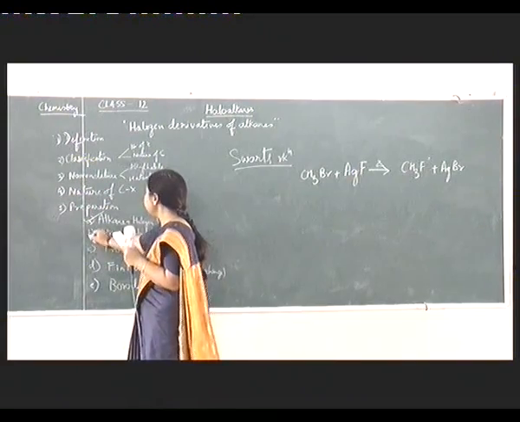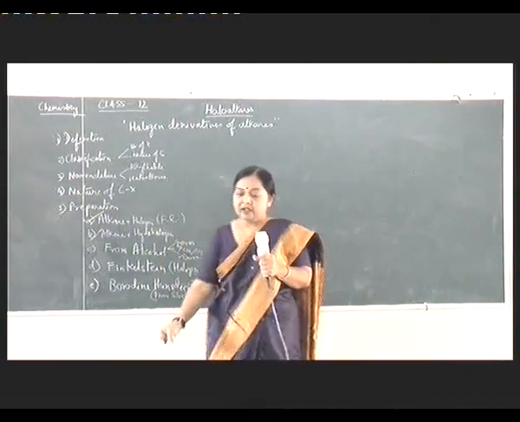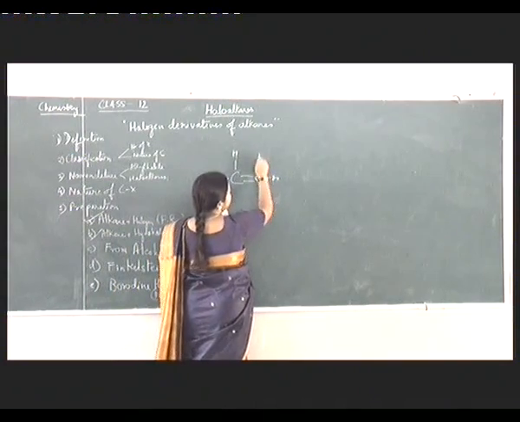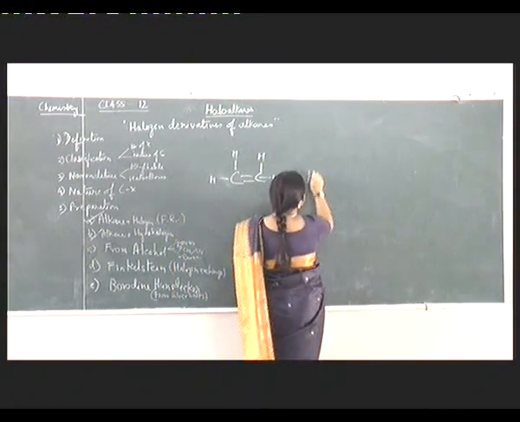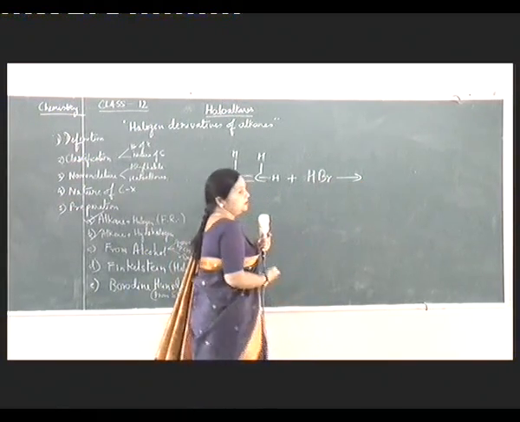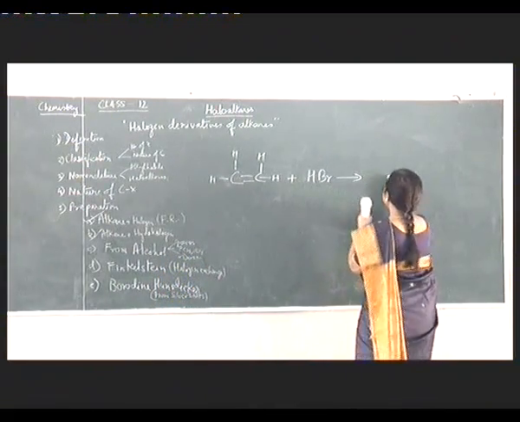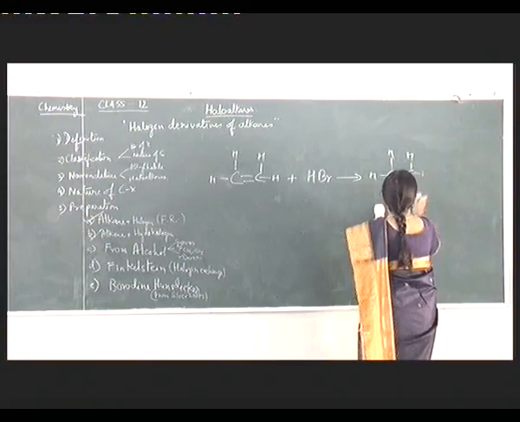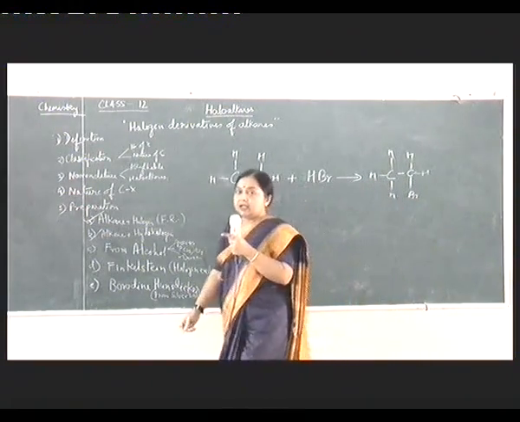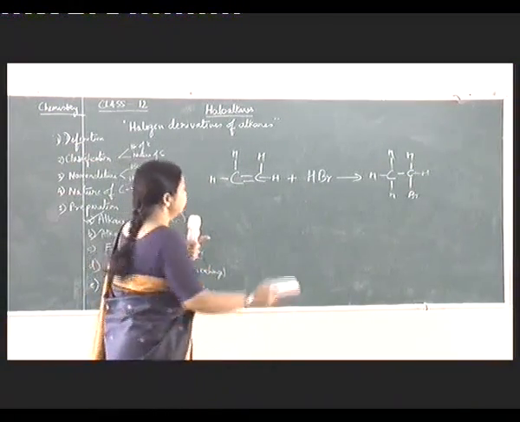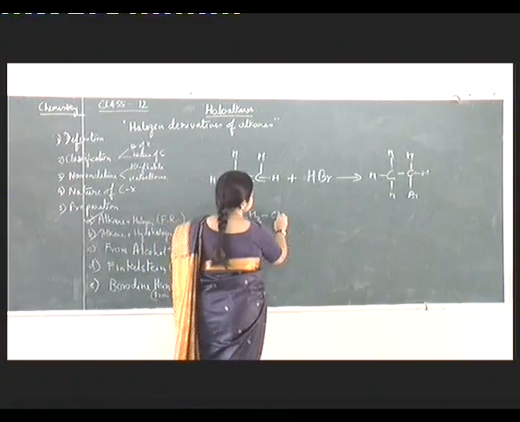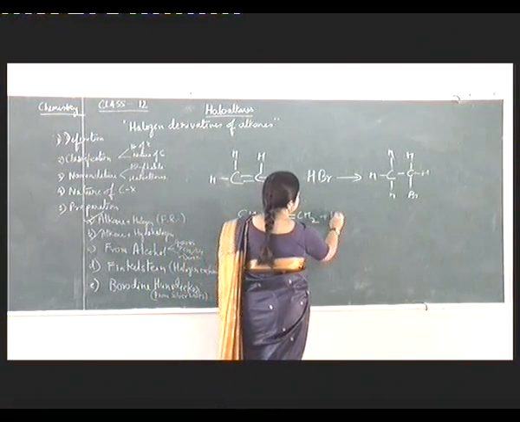Next is alkenes and hydrohalogens, like HBr, HCl, etc. When any alkene, C double bond C, reacts with HBr, suppose, it's just an addition reaction. If it is a symmetrical alkene, then it takes place like this. But if it is an unsymmetrical alkene, suppose you have propene, then in unsymmetrical alkenes